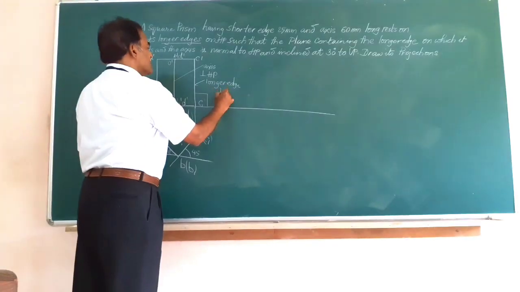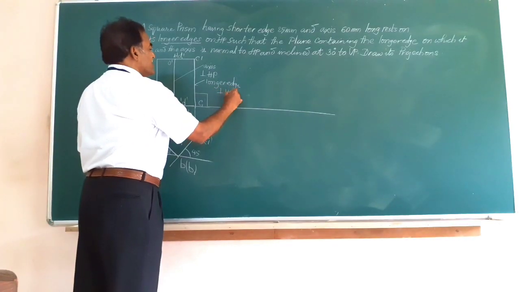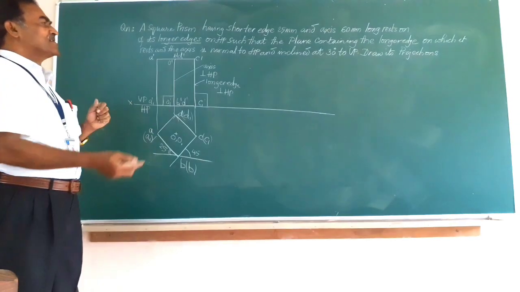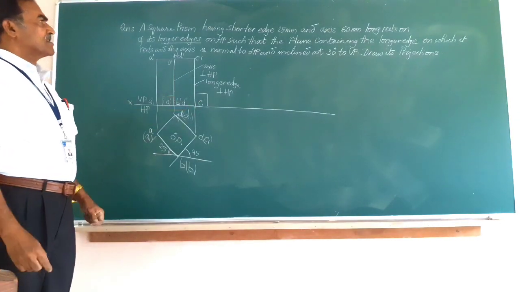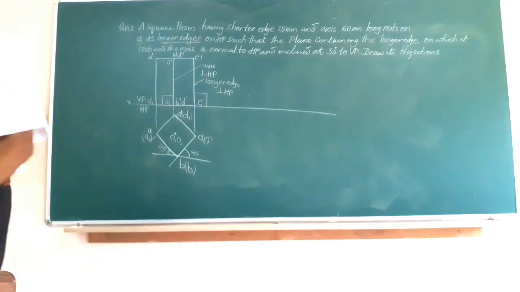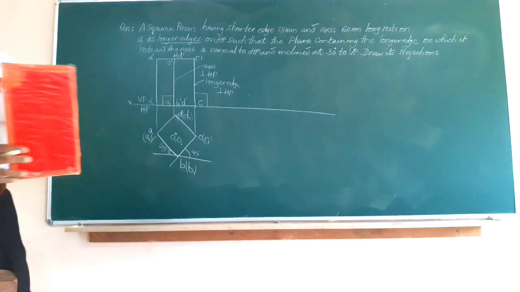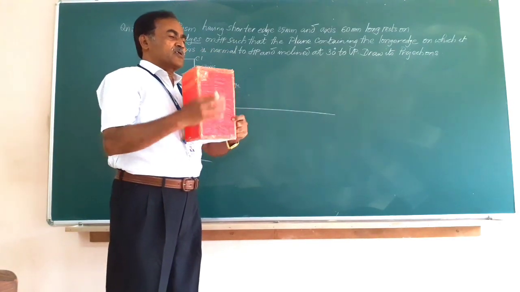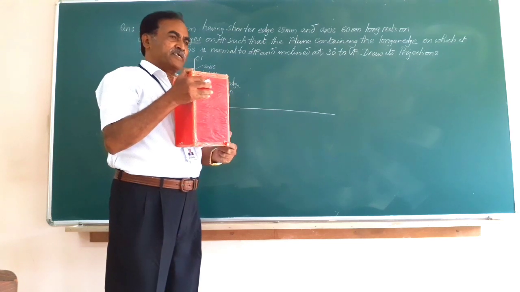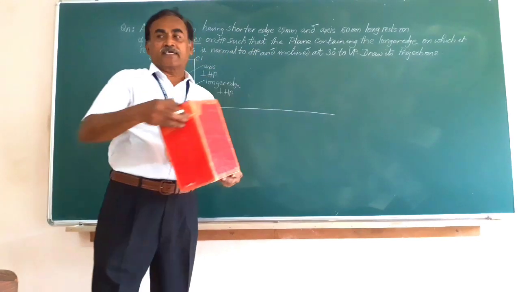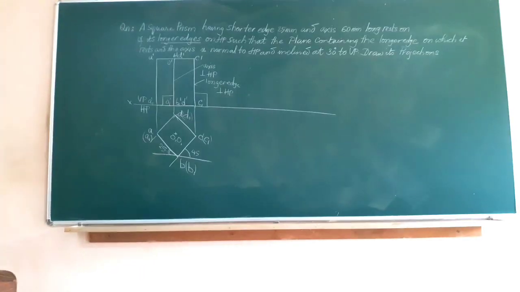Longer edge is perpendicular to HP. It is very obvious. When the axis is perpendicular, these edges are parallel to that and they will also be perpendicular. He says the object has to rest on one of the longer edges on HP. So they have the figure like this. This was the longer edge which was perpendicular. I am going to place the object such that it rests on XY, rests on HP.